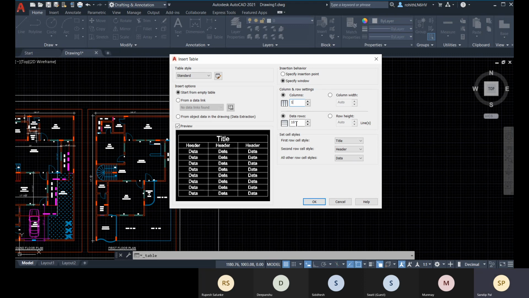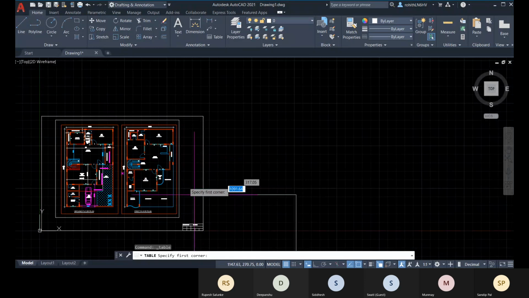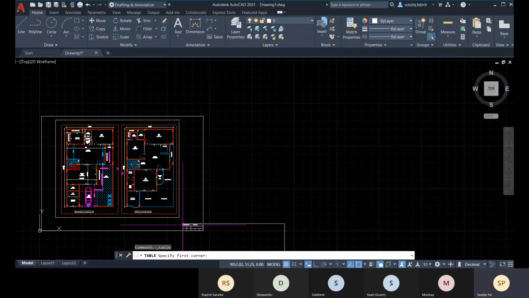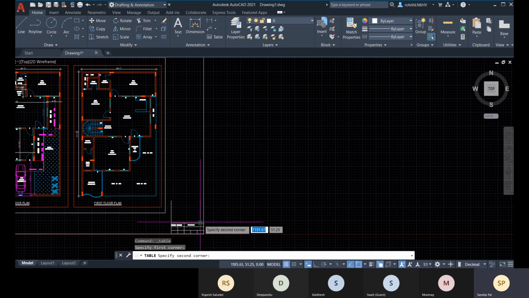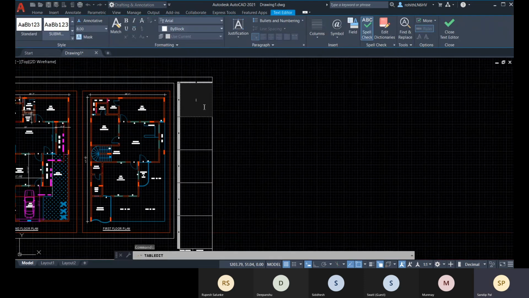Okay. And rows, I need 3 rows. Okay. So let's click on OK, and this column with this row height will be adapted as per the window area. So let me define it. So let me just go with this to this, from this point to this point. Okay, so this is your